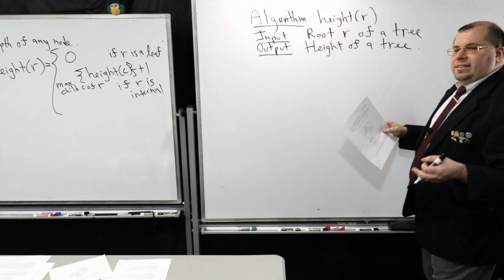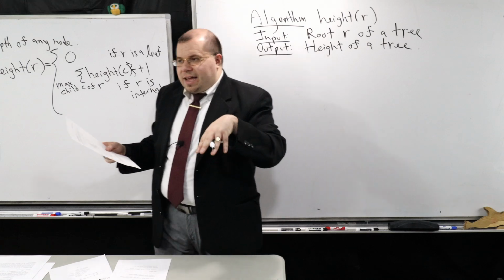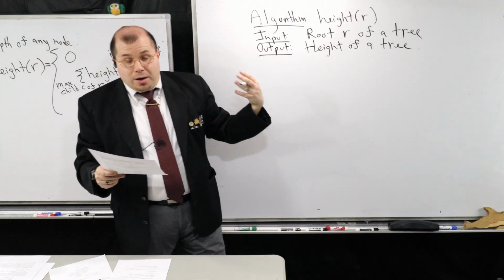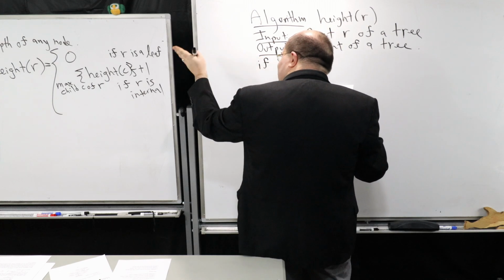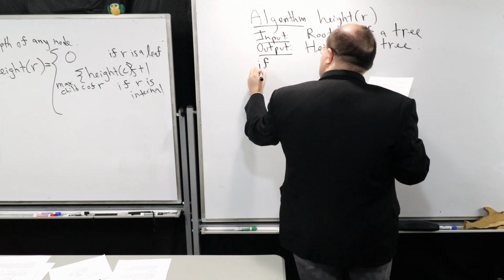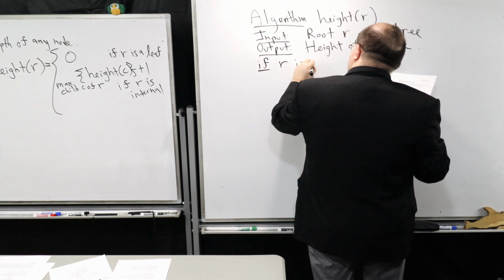So we're going to have two cases. Remember, we like to identify a base case and a recursive case. So I'm going to start off with the base case. We know what the base case is when r is a leaf, right? So if r is a leaf,